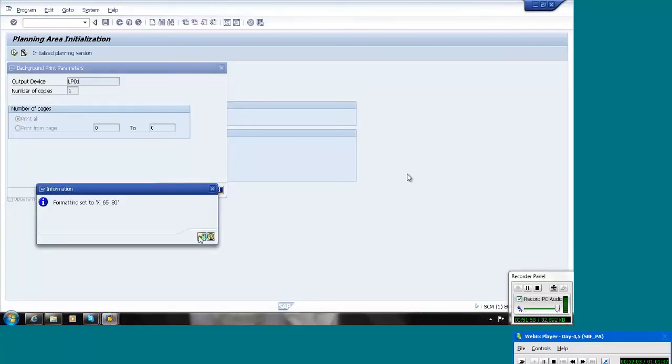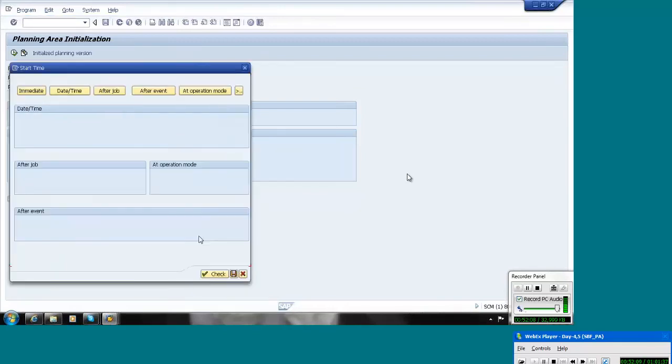Again, one more question: can only one planning version be active, or can multiple planning versions be active? Yes, actually we can use multiple planning areas and multiple planning versions also. The active planning version is for whatever real data you are working on, but if you want to do any simulation, we can do that in the inactive planning version. But unless you cancel a planning version from active, it won't become inactive, and it will stay active.